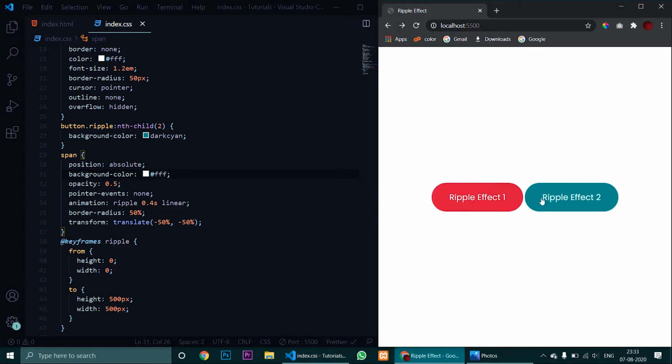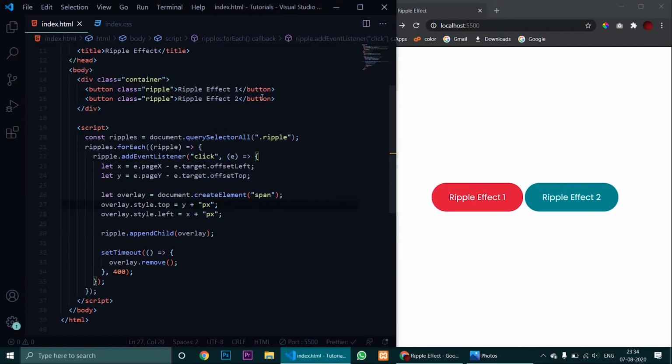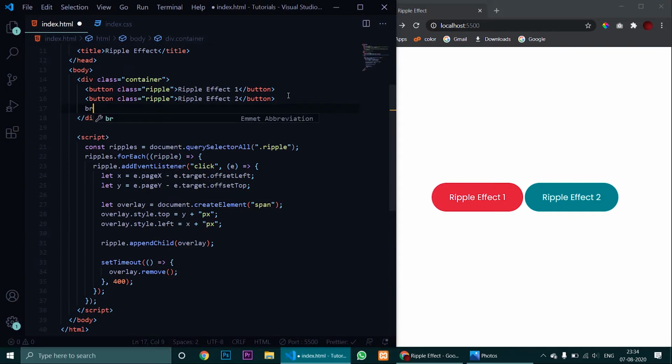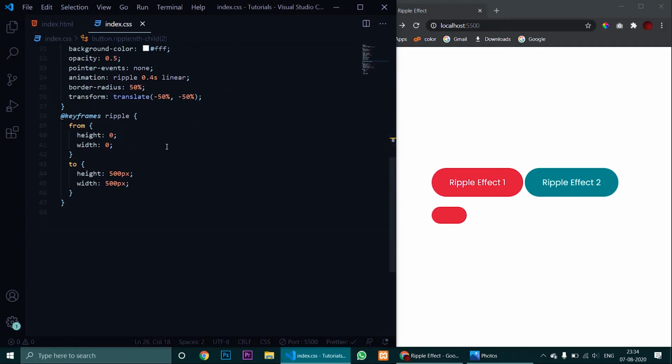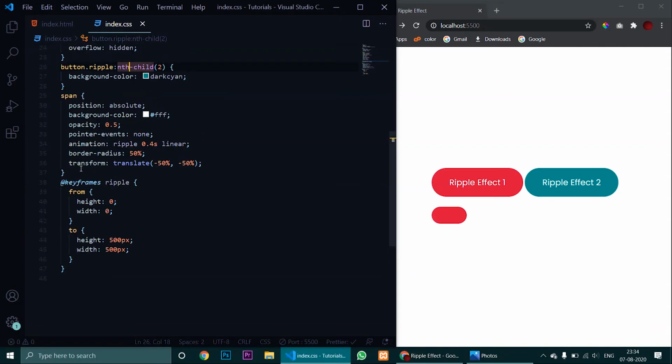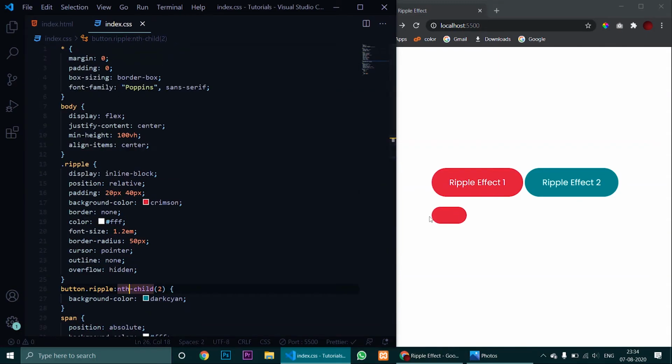So now this is how the ripple effect works. You can also give this ripple effect to other elements such as, let's say, a div with a class of ripple, and let's now define it. Since the div has the ripple class, it gets all these properties by default.